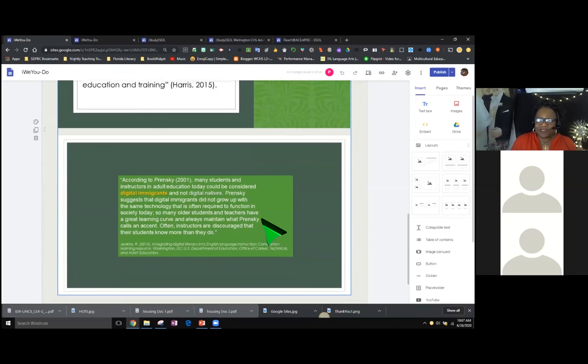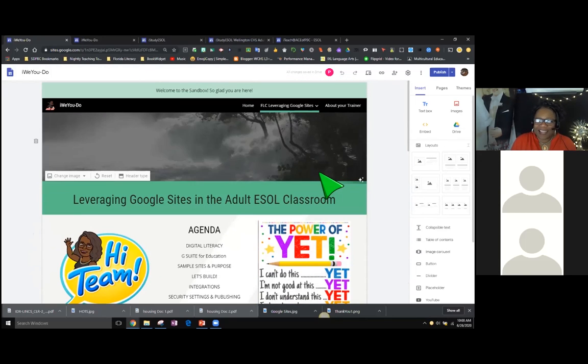Also, a really interesting quote is that many of our learners, as well as our instructors, are digital immigrants and not digital natives, because it's not something that comes natural to us. So we have to grow into this technology right along with our students, some of us, and that makes it a little bit easier because you can relate to the learner in as much as the learner can relate to you, as long as there's no fear, and then you can grow together to become digital natives. So that is like our new normal.